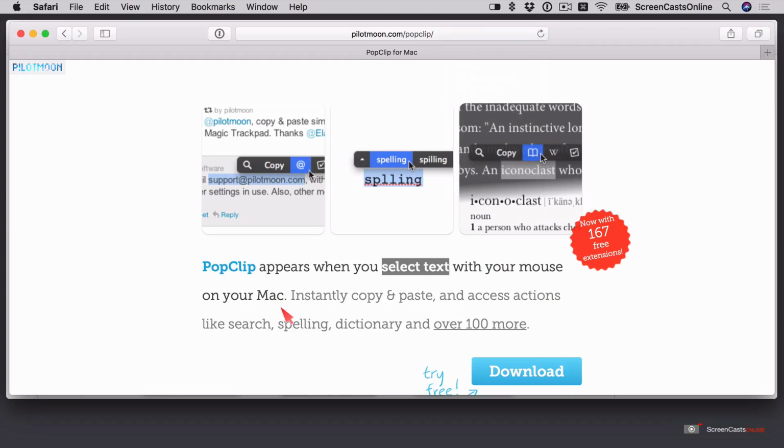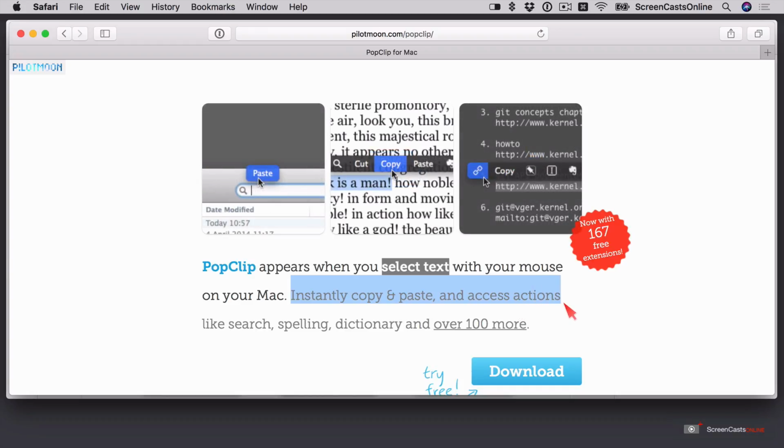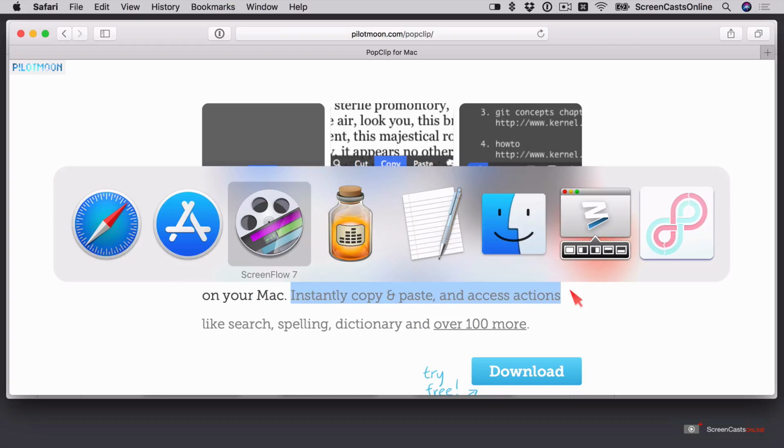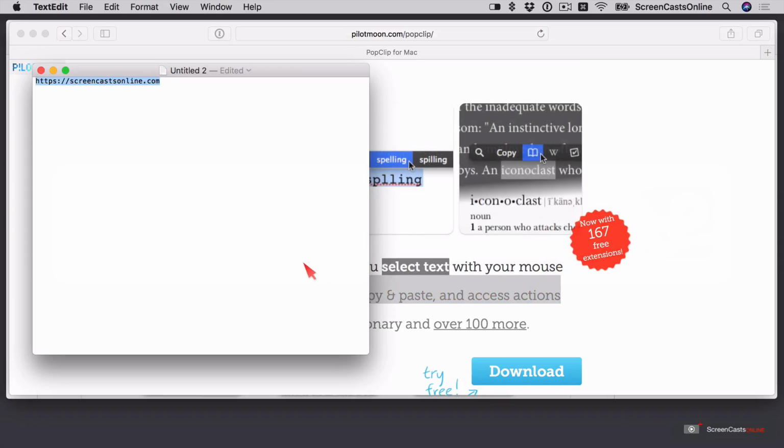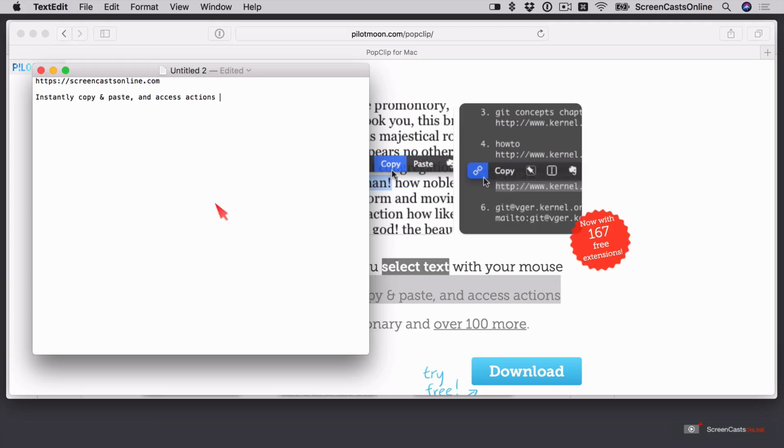So let's say, for instance, I wanted to select this text here. If I just drag along, select this text and then release, you'll see I get this little pop-up. I can either search for this on the web or I can copy. And the basic thing is just to say copy. Now, if I go across to another application, let's say TextEdit, and then position my cursor here, you'll see I've got this little paste button. I can just paste, and that will paste the text directly into my document. So no Command C, Command V, you just use the pop-up options in PopClip.